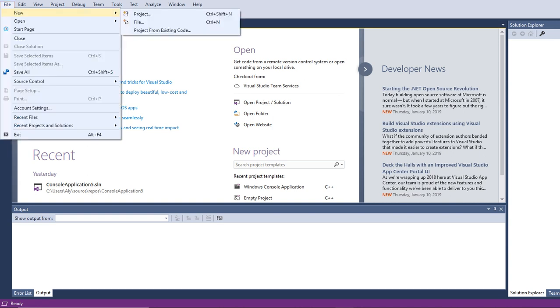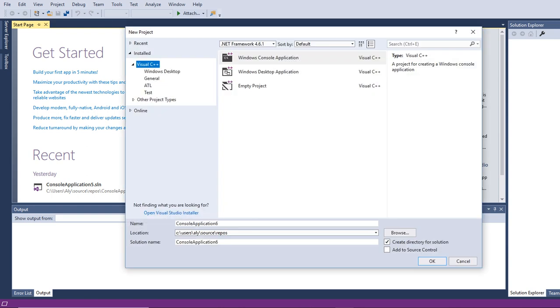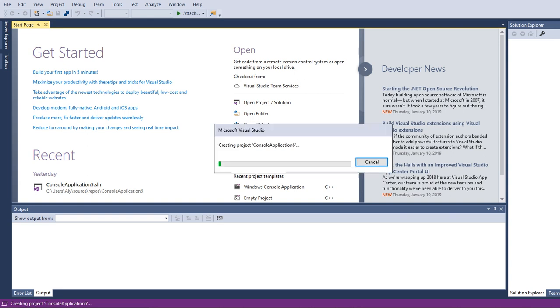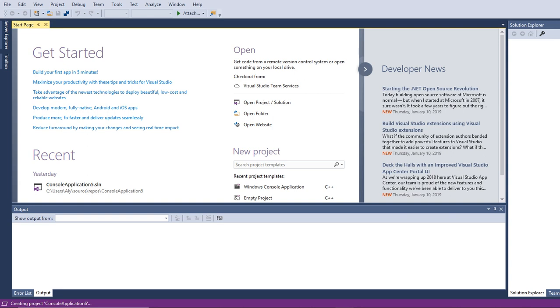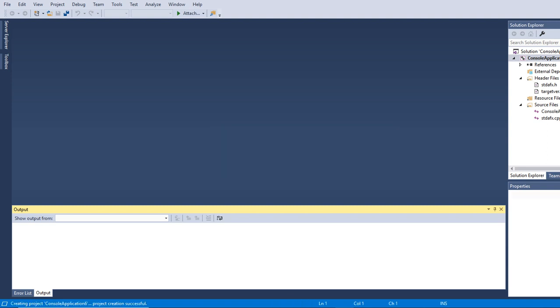You go to Visual Studio, new project, and I'll create a Windows console project, and from there I'll be able to type my code. Once I type it, I'll be able to run it, compile it, and after the compilation I'll be able to take a print screen, copy my code, paste it in a Word document, then save it and upload that into Blackboard.